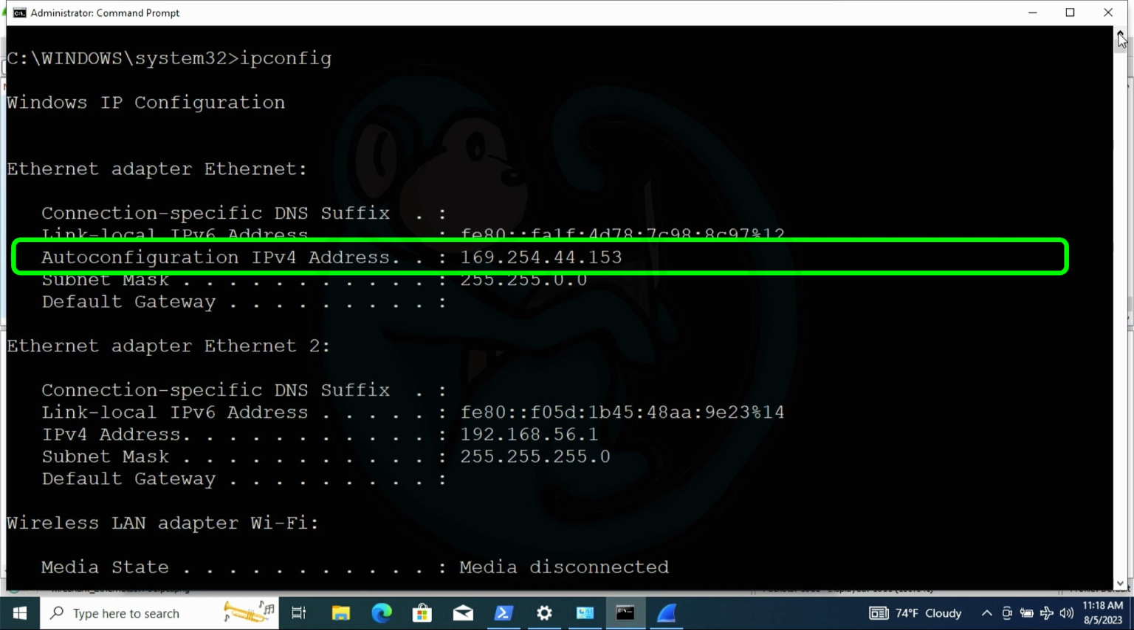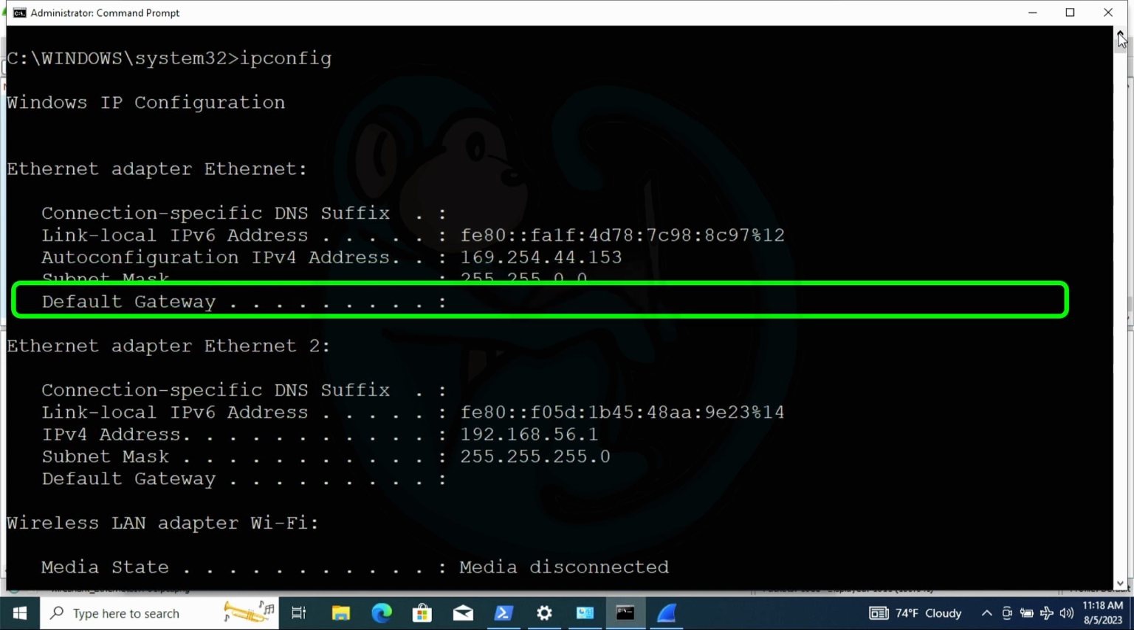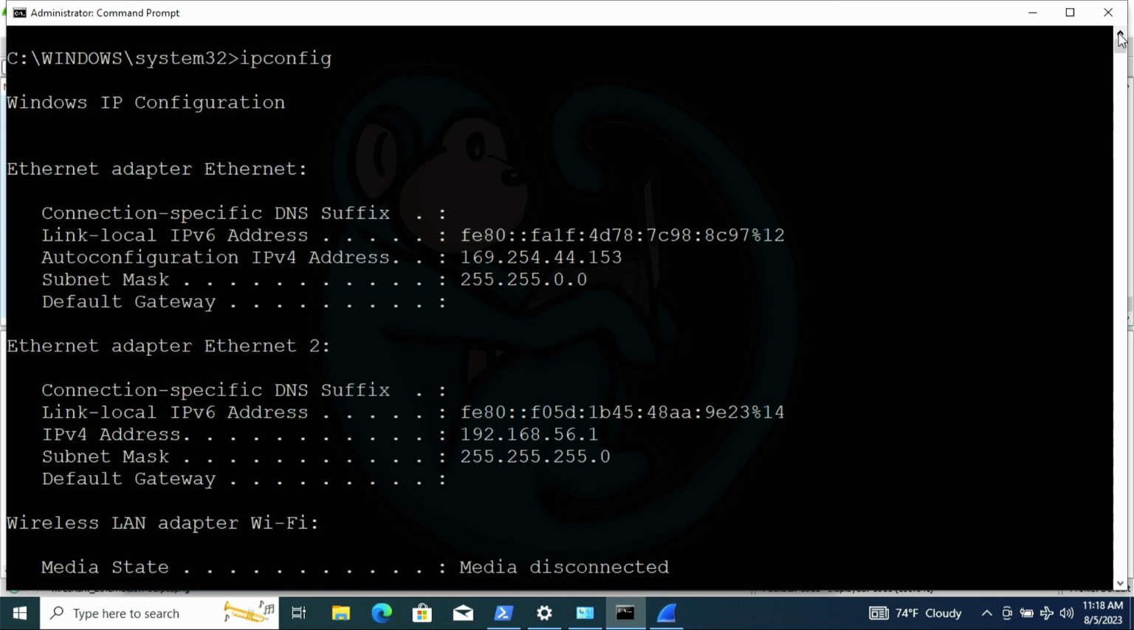And then the IP address itself is 169.254.44.153. And this definitely starts with 169.254, and it's got a subnet mask of 255.255.0.0. So that tells us that the IPv4 address is self-assigned as well. And lastly, we see that there is no default gateway assigned, and that tells us that this range of addresses is not routable. So all these factors come together and give us a pretty good clue that this is